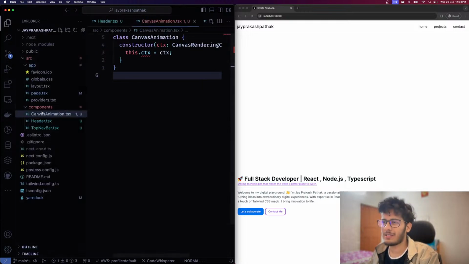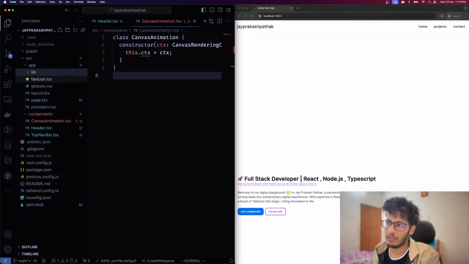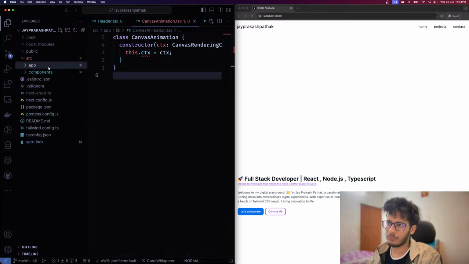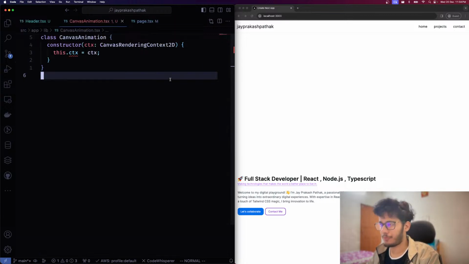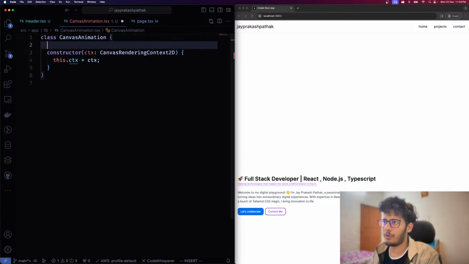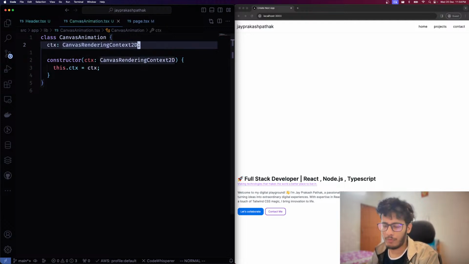I shouldn't place this in the component. I think this should be a library. So let's create a lib folder. Let's move this to this, and let's have this as a library. Great. So the next thing we'll do is take the context, and we don't have the context property. So let's say canvas, whatever. The next thing we have to do is